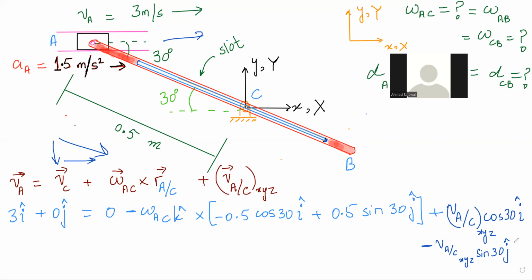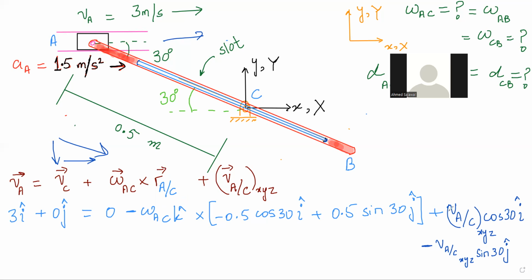Why not? So instead of position of A with respect to C, why did we take it from point C and not from point A? Because we are trying to find the position of A with respect to C. What is your question? Your question is about this one, like we took negative 0.5 cosine? Yes, good. A with respect to C means I am standing at C and I look at A, and A is towards the left of me and sitting upward from me. Okay, good. No worries. Just keep asking me questions. Okay, done.